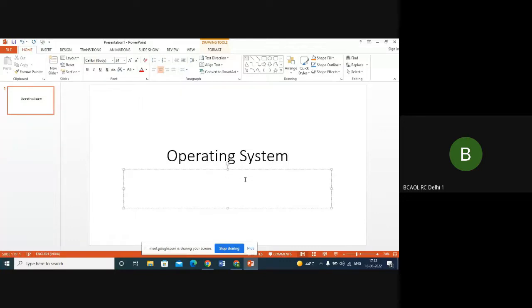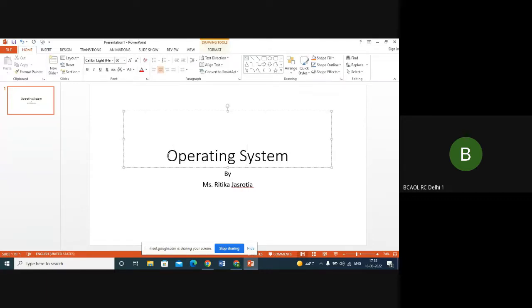And as a subtitle, you can put your name, like I am putting my name, to show it is being presented by so and so person. Or you can give a subtitle also if you have one. So this is my first slide, which is showing the